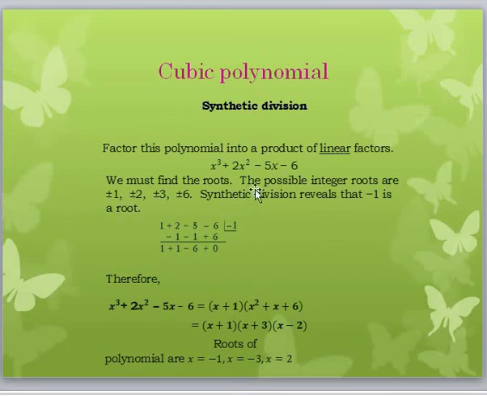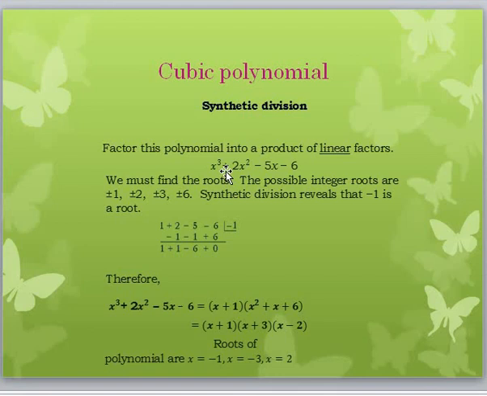Here, to use the synthetic division, first we have to know one root of this polynomial. So to find the first root of this polynomial, we use the trial and error method. First we have to put 1, minus 1 here and check if 1 is a root, minus 1 is a root.